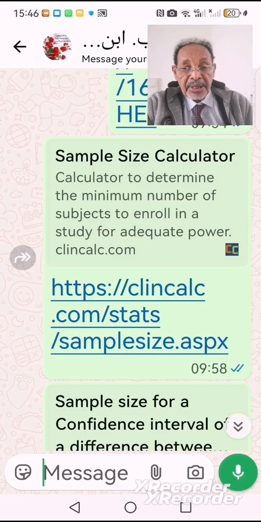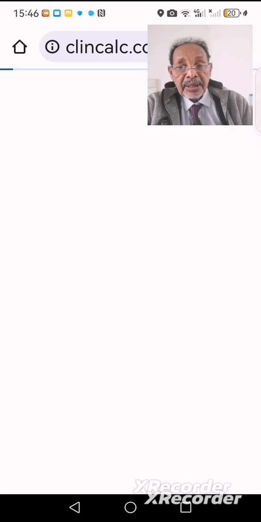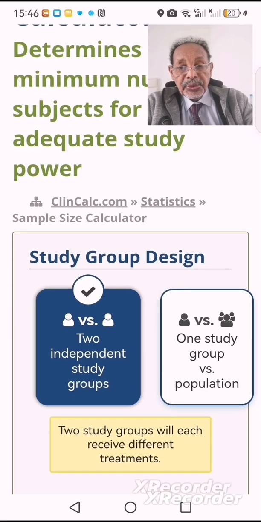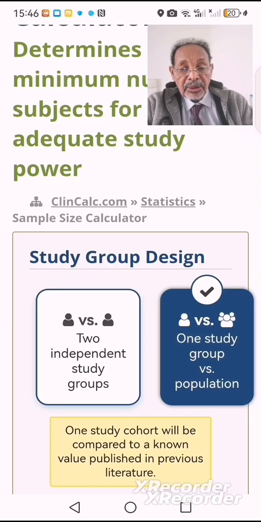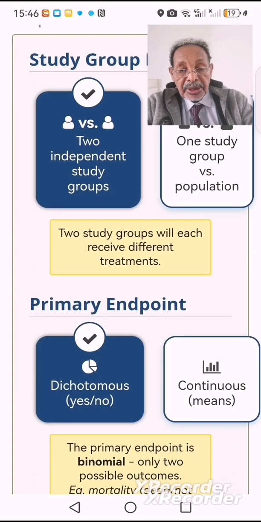One of them is the ClinCalc. We'll open the ClinCalc calculator, and we find that the ClinCalc uses a study group design: two independent study groups, or one study group versus population. This one will study the mean versus population mean. And if we study the two groups, probably we are going to use the